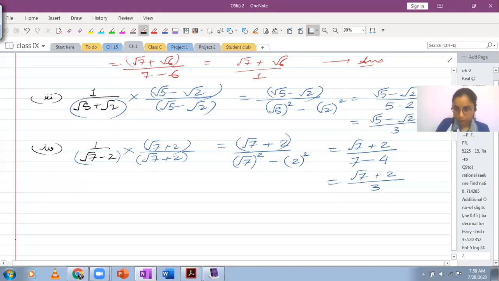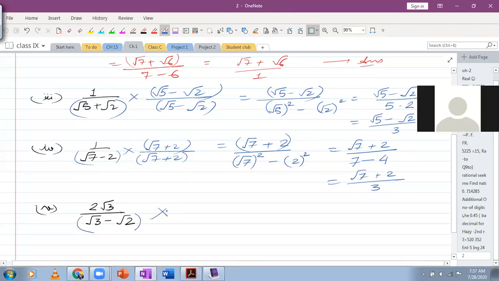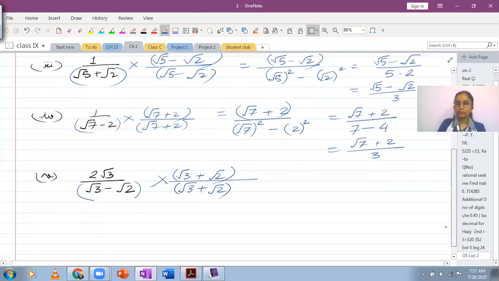Now I'm going to take one part from your assignment, as an additional part. It is not a complete question, it's just a part. So 2 root 3, I've changed the numerator. As you can see, you had all parts containing 1 in the numerator. I have taken it as 2 root 3. In the denominator, I am using this. So how would you simplify it? Proceed the same way. This is a binomial. So multiply with root 3 plus root 2. Yes, that's right. So multiplying and dividing by this expression.